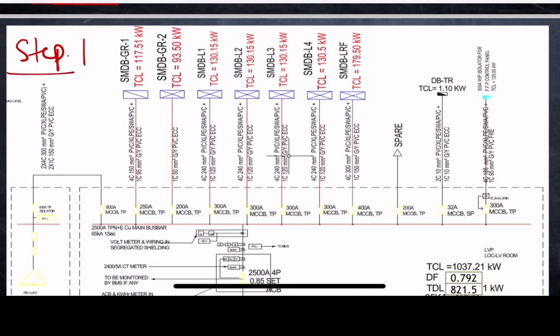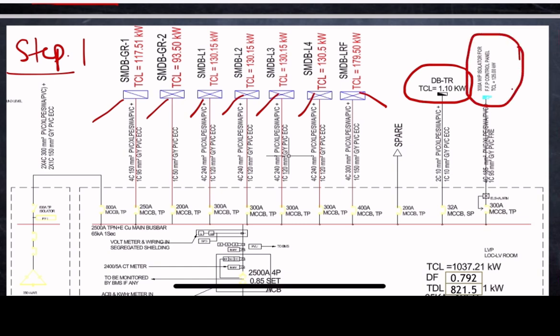So what we will do, we have SMDB GR1, SMDB GR2, 4 typical SMDB, that is SMDB L1, SMDB L2, SMDB L3 and SMDB L4, and we have one roof DB, and we have one DB which is feeding the substation, and we have one firefighting panel, firefighting electrical pump, which is having a total load of 125 kilowatt. So we have to summarize the total connected load on the MDB. Okay,